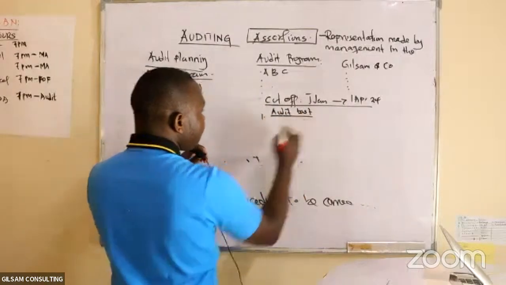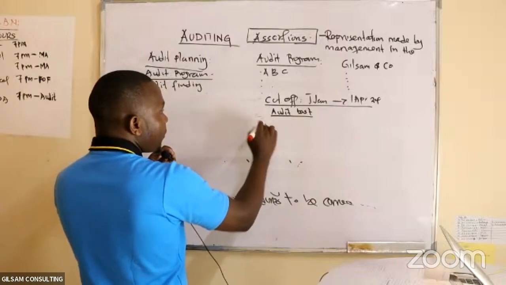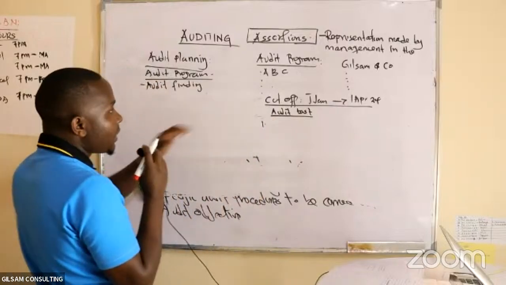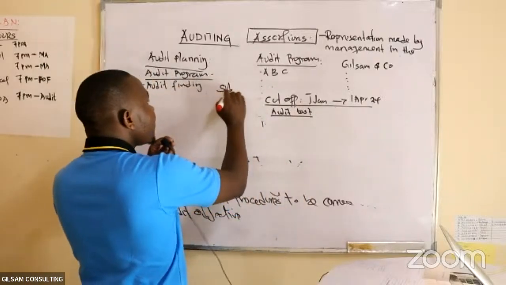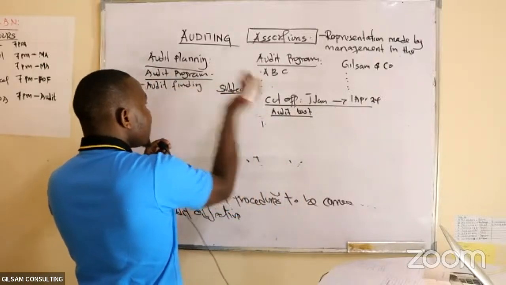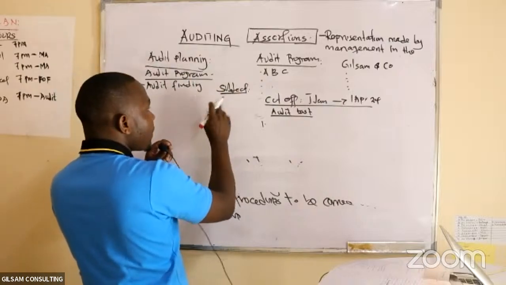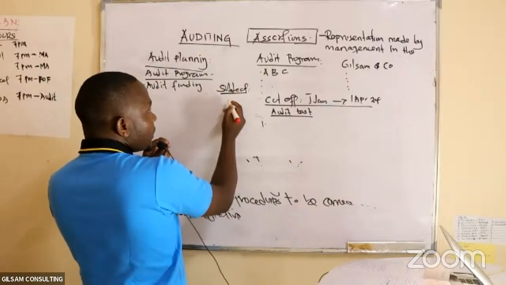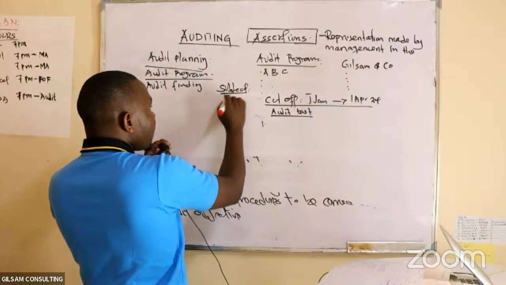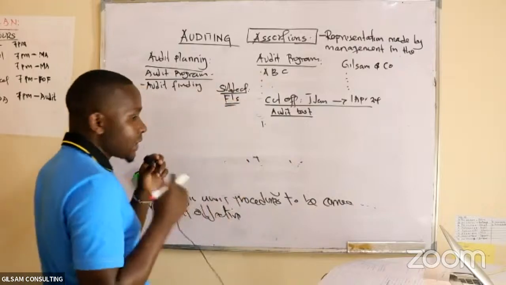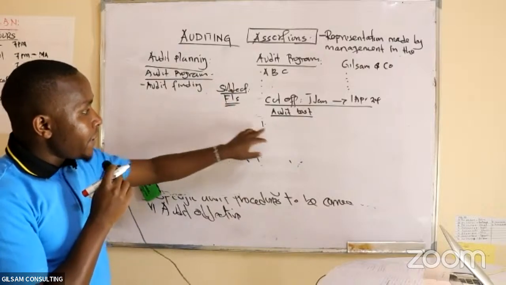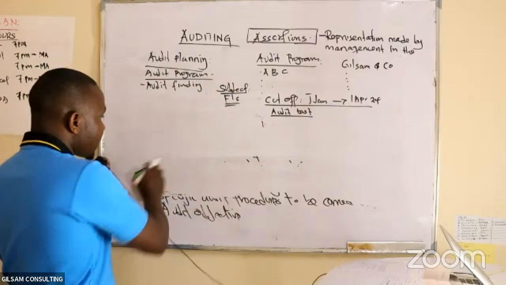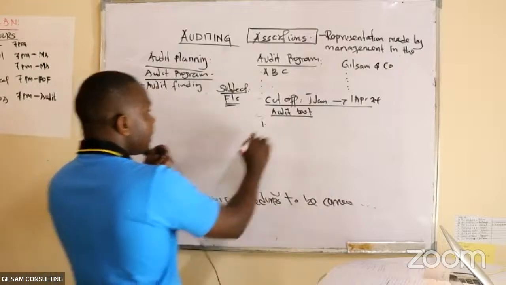So the audit test, number one, we are going to carry out, so let's have the subject matter. The subject matter is we are going to carry out the audit of financial statement. So assuming it is an external audit, financial statement. So in the financial statement, the audit test here we're going to use number one. The audit test is accuracy.